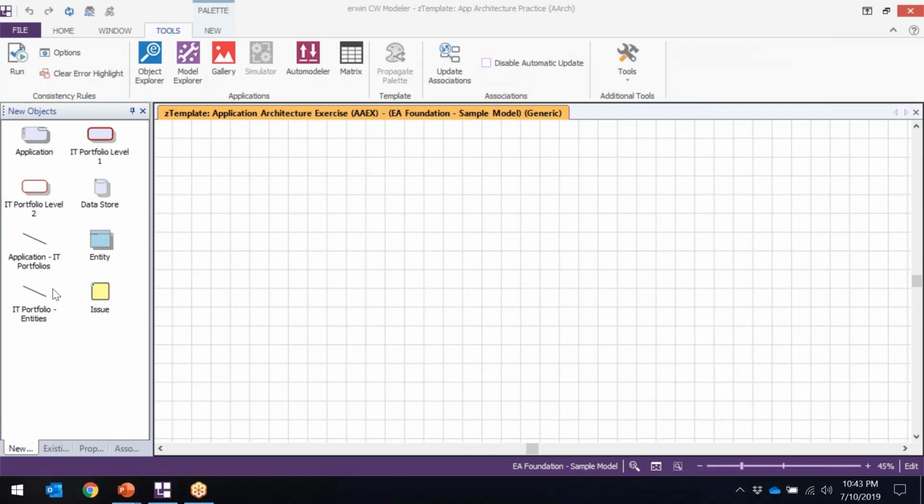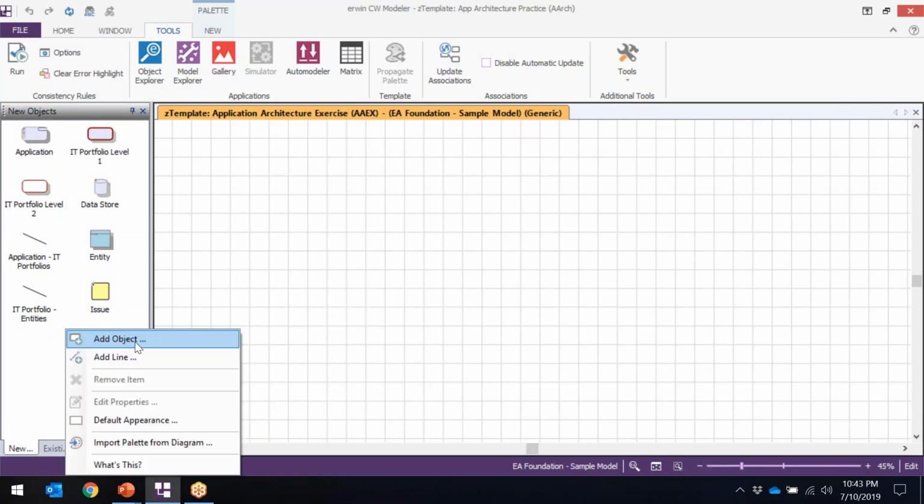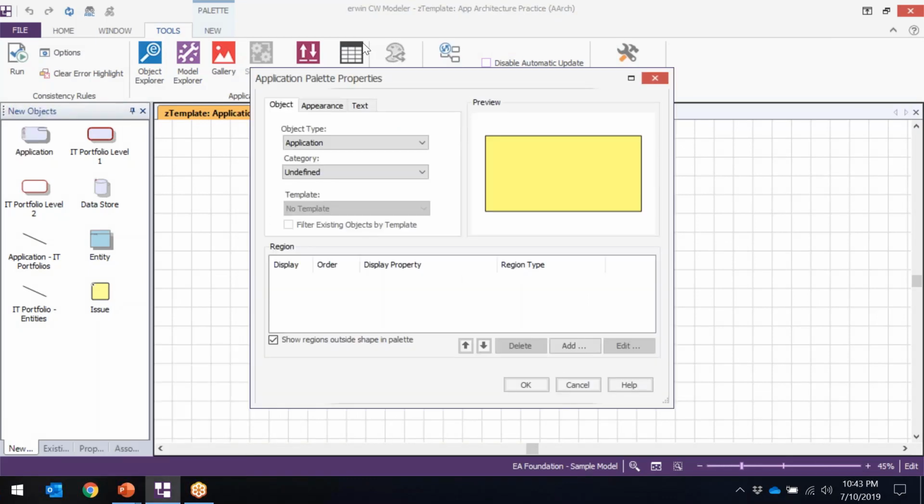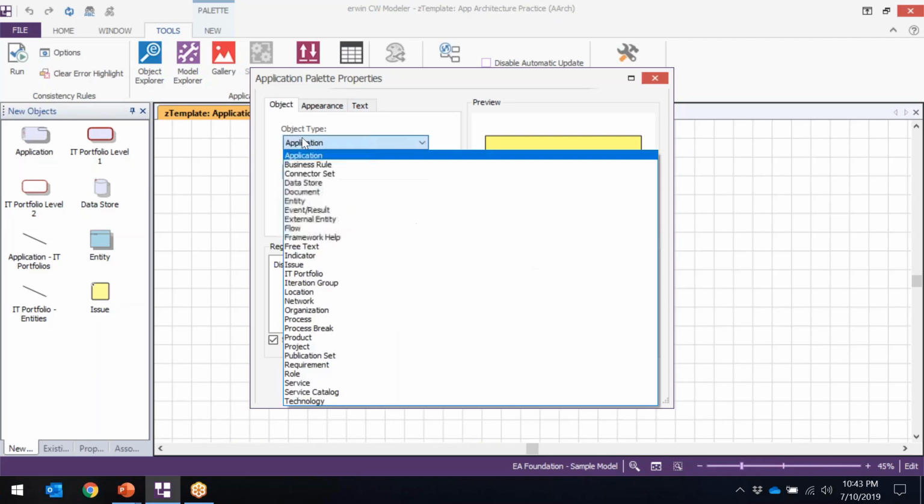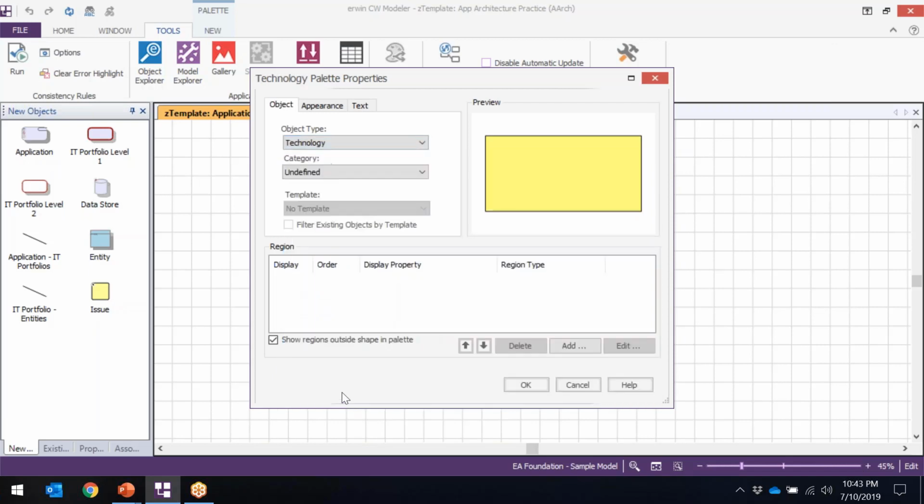And now this is the palette. So if we wanted to add something brand new to the palette, we would right-click, do Add Object, and go through those 3 steps that we just outlined, the object, the appearance, and the text. So for instance, if we wanted to add a brand new object, so here we have applications. Let's say we wanted to add a technology object. We have the ability to do that. So we can go and choose technology,